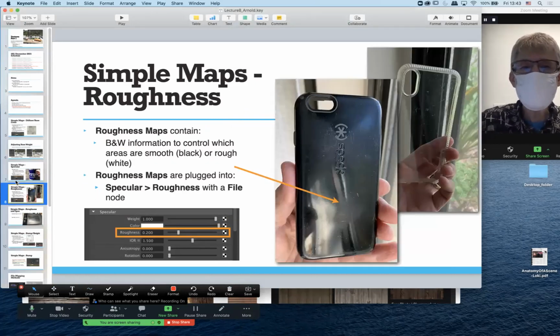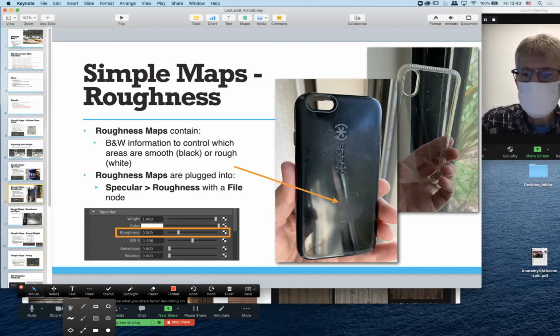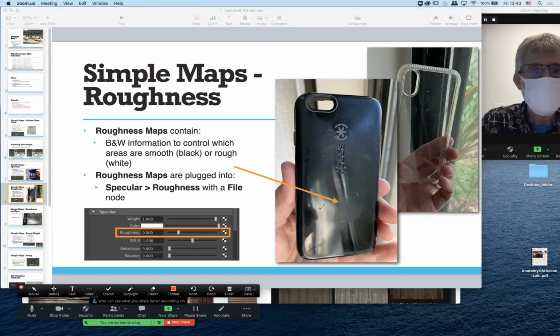All right, we get into roughness. Roughness is sort of the same thing. More than one level of roughness on a surface at a time. All right, so this is an old phone cover that I have. And you can see areas where it is a little bit smoother than other areas. So areas like here,